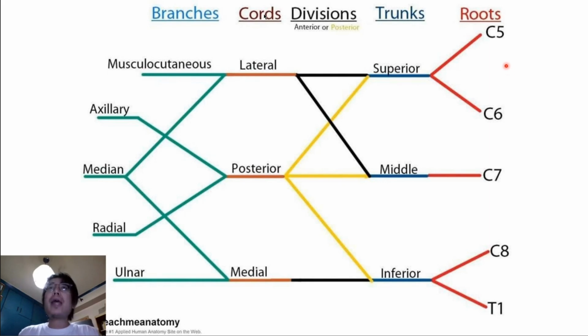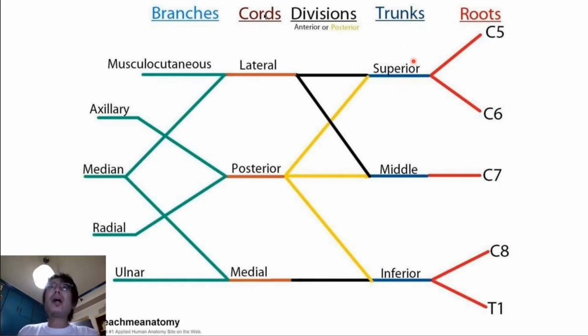Brachial plexus and its main components. The brachial plexus can be divided into 5 main parts, starting off with the roots of C5, C6, C7, C8, and T1. The roots coalesce, or simply continue, as is the case with C7 roots, into the trunks.